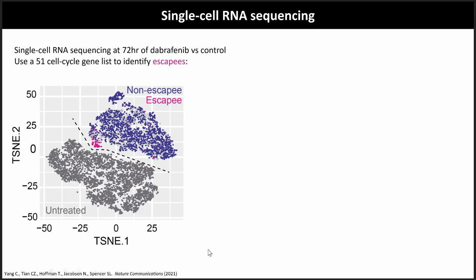But in this case, we could map between these 2 technologies because we knew the SKPs were cycling, and so we can light them up with the cell cycle gene signature and see that they fall in this little pink peninsula. So we wanted to look at genes that were upregulated in SKPs compared to non-SKPs, and in SKPs compared to untreated proliferating cells. And we found, of course, a number of pathways. I'll just talk about 2 that we have heavily validated and that we think are very important. They're actually both stress-related pathways. The first is the ATF4 integrated stress response. And the second is the p53 pathway.